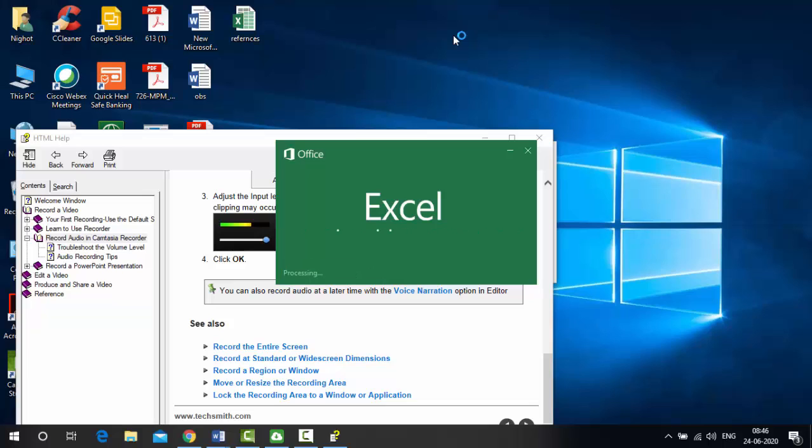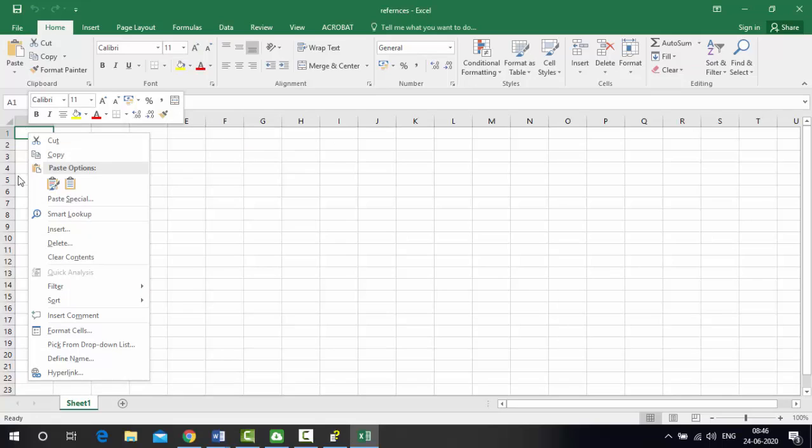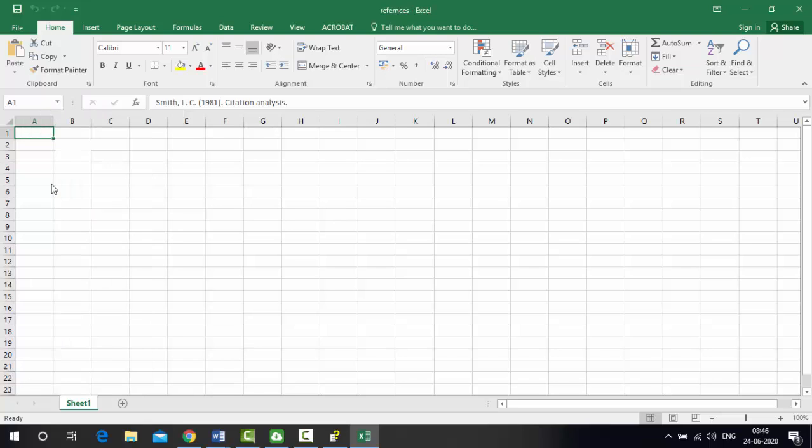I have given it the name references, and whatever reference I have copied, I will paste that reference over here. See, the reference has got pasted.